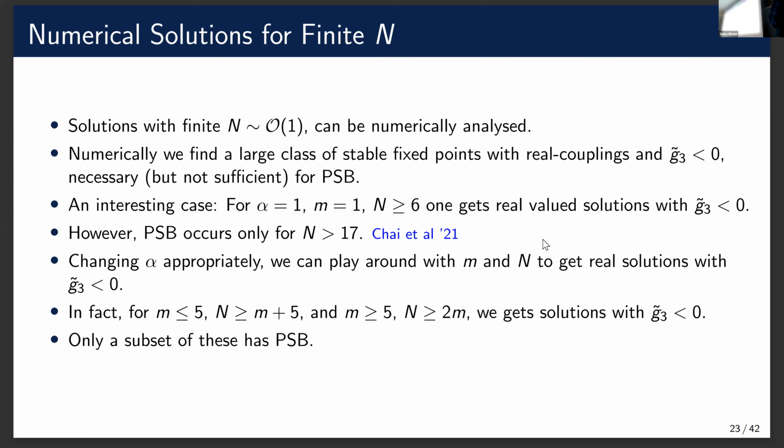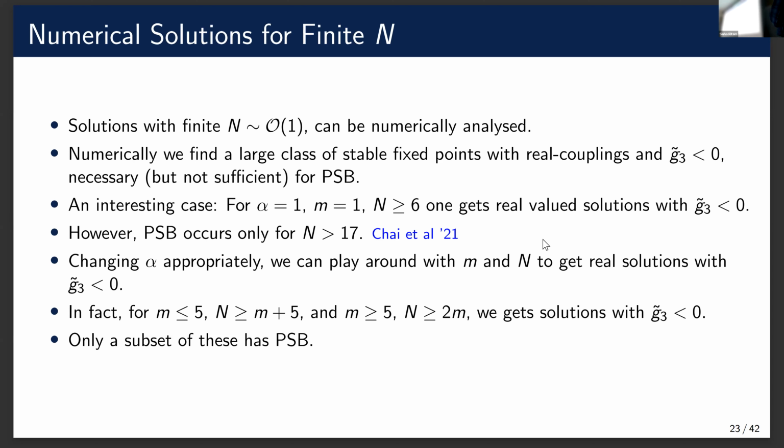So what I mean to say by this is that getting negative solutions for G3 is not enough to guarantee persistent symmetry breaking. It's a necessary condition, but it's not sufficient, as can be seen from this example. In this example, you get G3 negative for values above n equals 6, but persistent symmetry breaking happens only above 17. Okay, so this sort of tells you what might be a necessary condition for this to happen in these